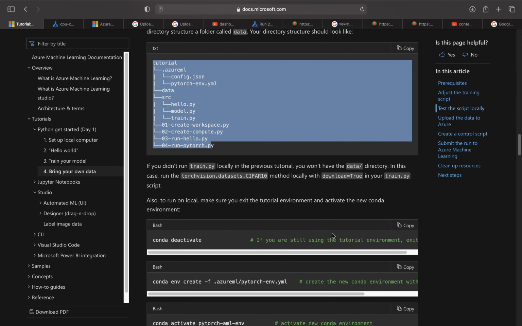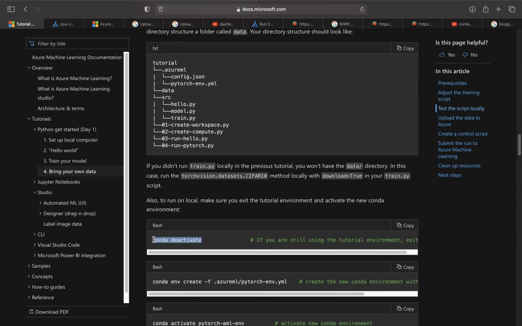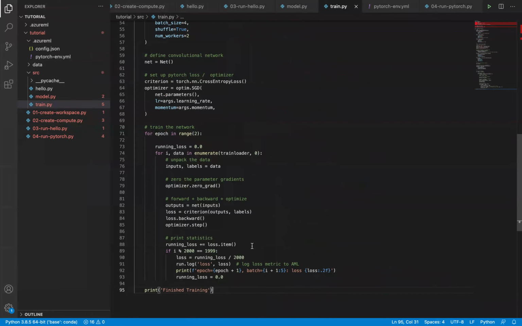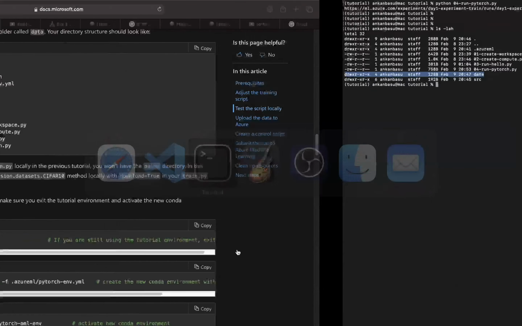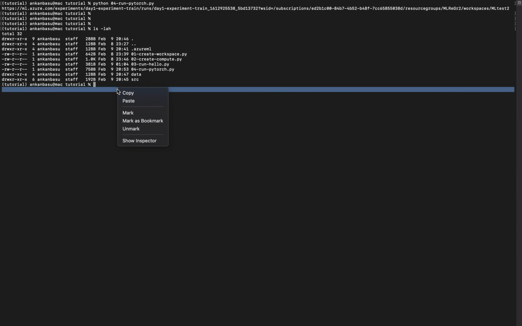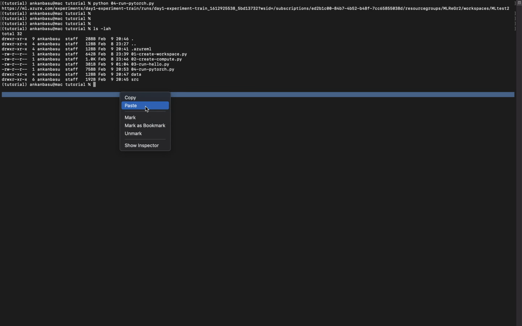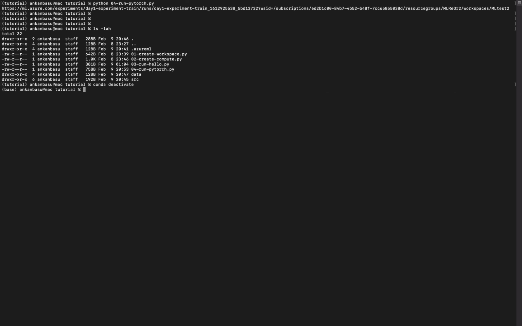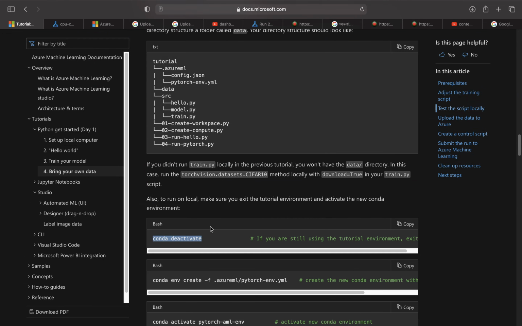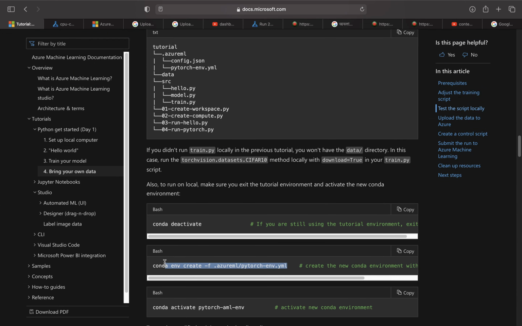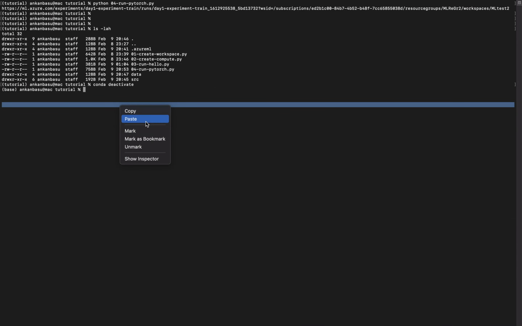So what we're gonna do, we can do this just to deactivate if we have the two tutorial environments still enabled. So this tutorial environment is still enabled. I'm gonna copy this command to deactivate the tutorial environment and come back to the base environment. And then we are gonna create the environment that we need to run the script by running this code right here,